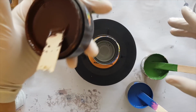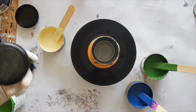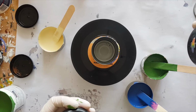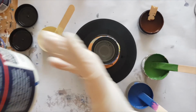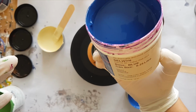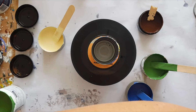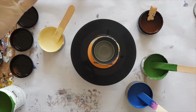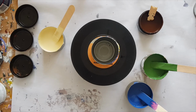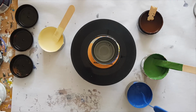The brown is Shaken Not Stirred with no name on it. I don't know what that is. Maybe mahogany from Resene. The blue is called Selwyn, and the cream is called Paekakariki, which is actually a place here in New Zealand, and several of the paint companies name their paints after place names. So I've just mixed them up to normal mixed consistency,